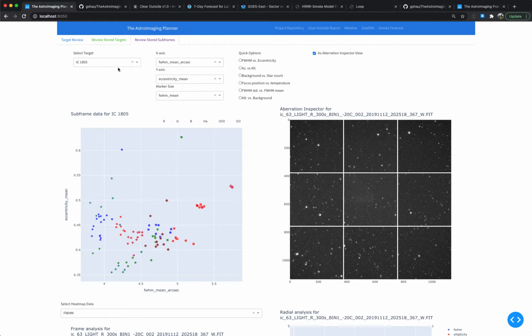As a default, I have the average full width half max of stars. And then along here is the eccentricity of those stars. So the higher eccentricity means the more elongated that star is on average. Obviously, the higher the full width half max, the more bloated that star is. So you can see, for example, maybe this green